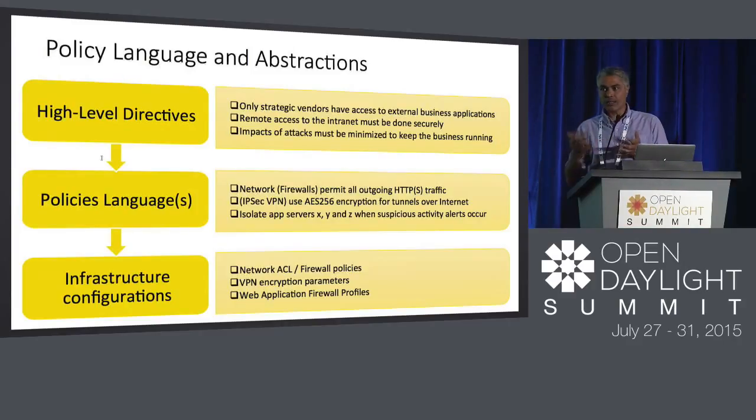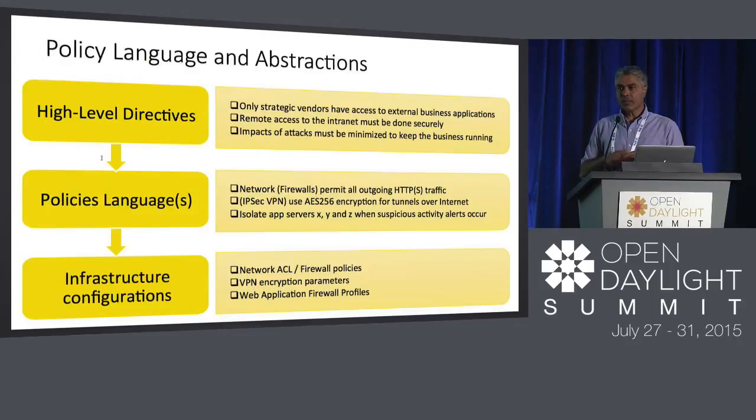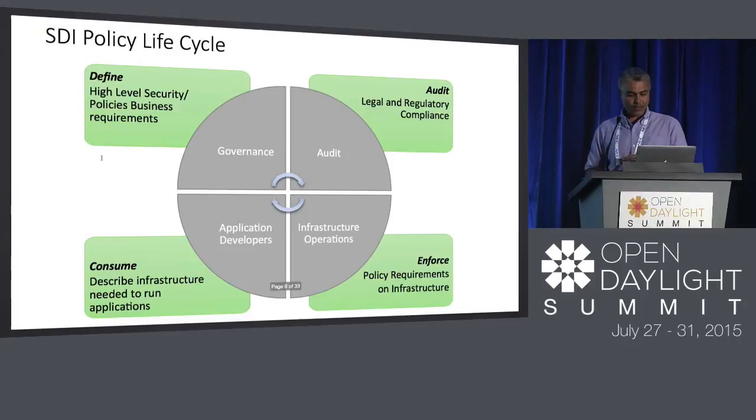But then you also have, in a VPN example, maybe, a resource policy or a QoS example, things like that. And then the next level is the infrastructure level, which is your actual configuration for your infrastructure. At the end, it's going to get translated to the individual elements, right? If you talk about network, then it's your OpenFlow, OVSDB configuration, whatever it is. Or if it's another service element, like a firewall, then it has its own configuration language, or whatever the element is. So that's the one concept I wanted to get in.